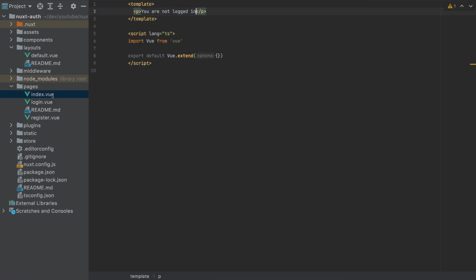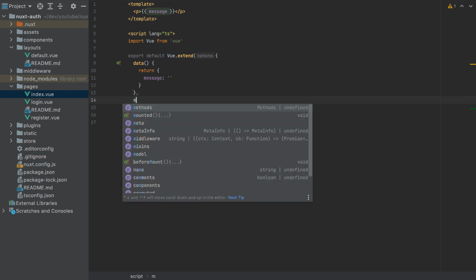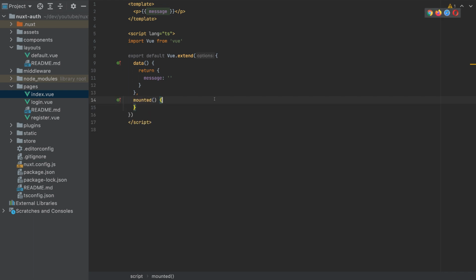So let's go to the index page. Here in this Vue component, we will add the data, and we will have only a message here, which for the moment I will make it an empty string, and we will show the message here, message. And we need to send the request to the server now in order to get the authenticated user. So to do it, we have to add here mounted. So when the component is mounted, which means all HTML is rendered, we have to call the server. So I'll make this asynchronous,